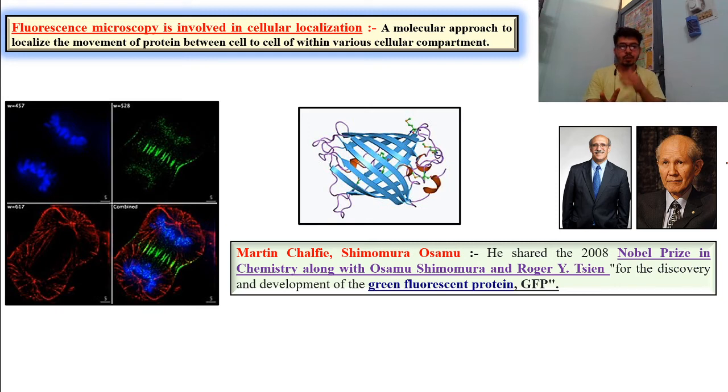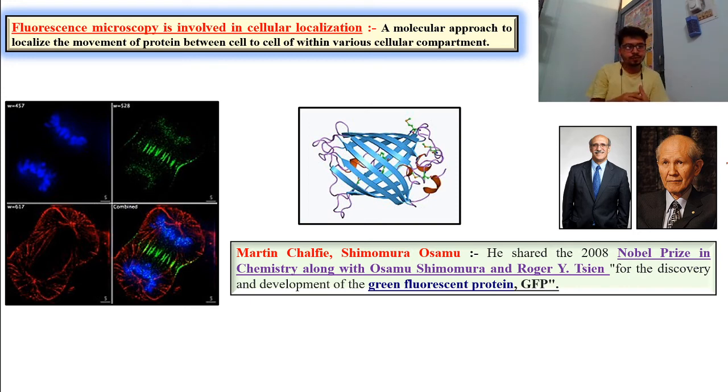When you go to the discovery of GFP, on YouTube several videos are already there. I will not go into the details of how they discovered it. New ideas always come from trash. Take new ideas from the dustbin; from the dustbin they got GFP. From the basin, the washing machine drain, they used it and came to know it was fluorescing. I have met Martin at the University of Hyderabad in a guest lecture, so I really feel lucky that I met that person whose work I am explaining here.